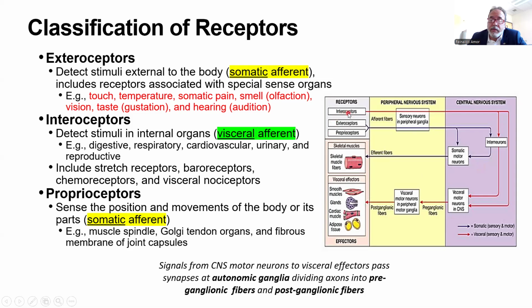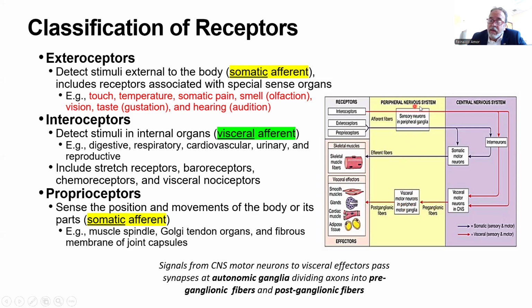Now, if you look at the interoceptors here, notice that the pathway is going to be towards the visceral motor neurons. Visceral motor neurons are located in the lateral gray horns of the spinal cord. Notice that the cell bodies are here, and then you have a long process that is going to extend from the central nervous system to the peripheral nervous system. So that first neuron that you see here is called a preganglionic neuron. That's going to synapse or come together with a postganglionic neuron, where there is a group of